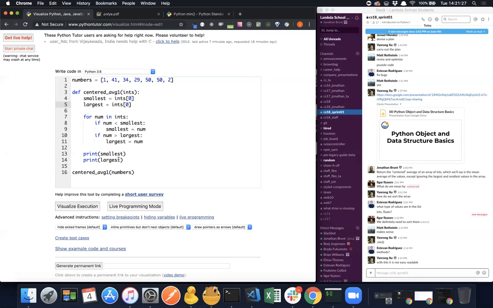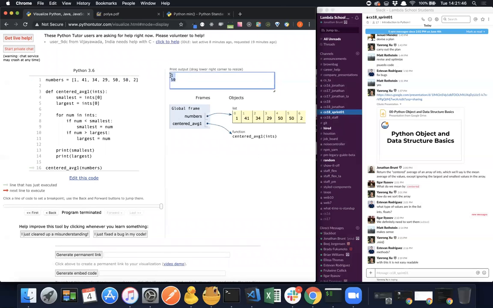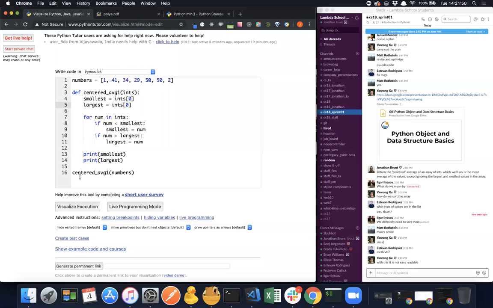So this is just going to theoretically print the smallest and the largest. It should print 1, it should print 50. See if it lets me do this, and I'll just hit last because it's going to go through 33 different steps, and that does work, 1 and 50. So cool. And then, like you said, I'm going to back up right here and change all of this. Something we can do really easily is